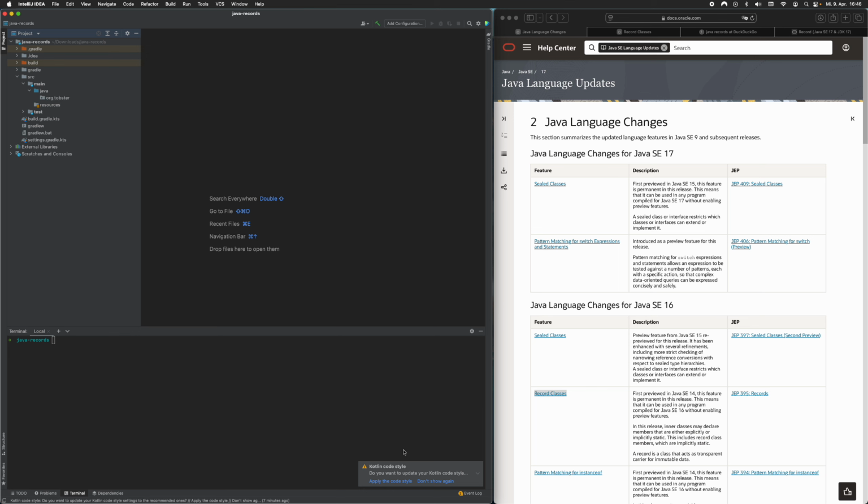Episode 7, and today I will show you record classes, which are finally available in Java 16. On the right-hand side you see the official documentation, and here you can see record classes first previewed